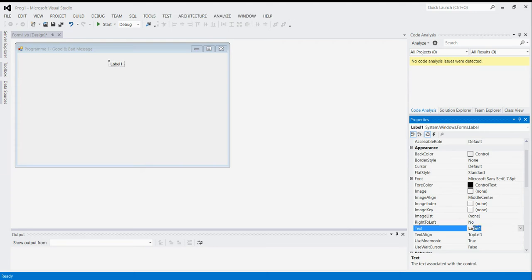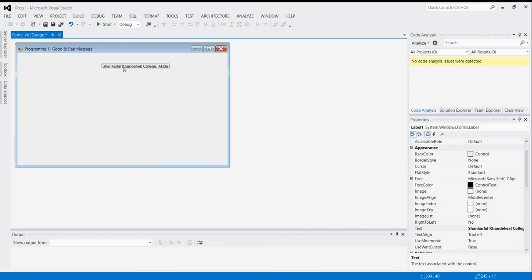For that, I go to the Text property of Label1, and I will enter here Shankarlal Khandelwal College, Akola. So you can see in the same way the label's text has been changed. I put it as per my requirement.